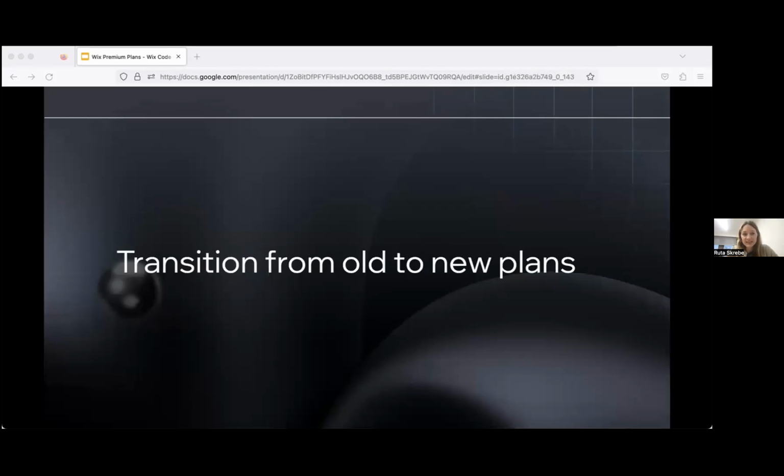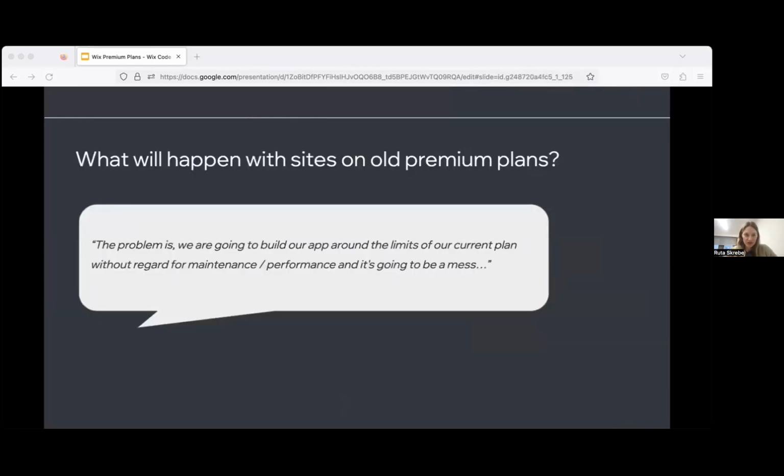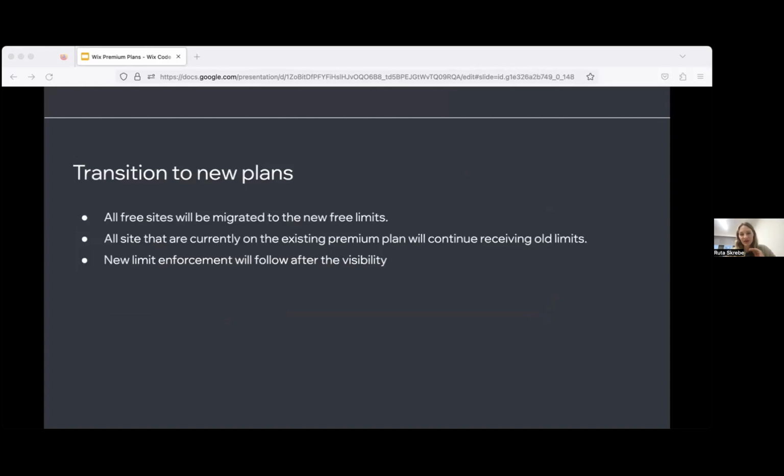And then we have a transition from old to new premium plans. Again, we had some questions about what will happen to the old plans, and let me talk about it. I think there are a few things that I want to mention about this transition. So first of all, the free sites. So all